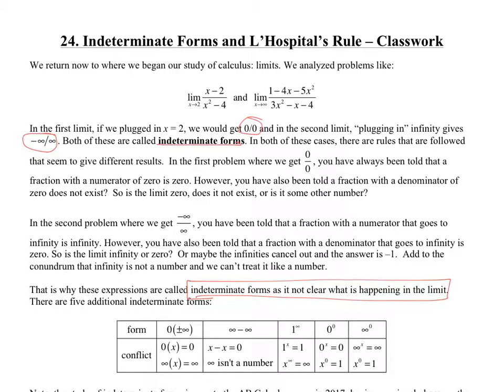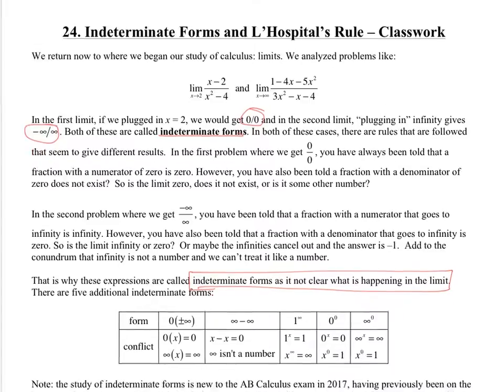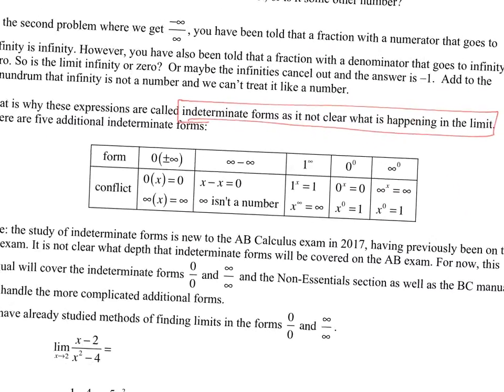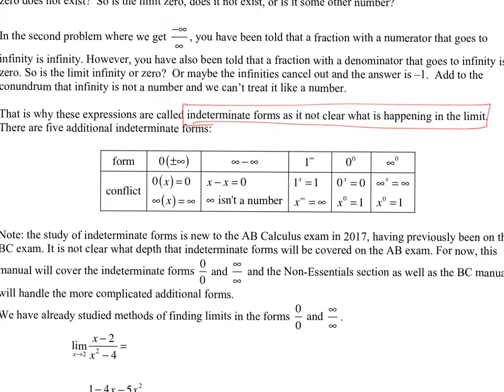So you can read the rest on your own. But I want to show you that there are 5 additional indeterminate forms. Besides 0 over 0 or infinity over infinity, there are different types of indeterminate forms. I want to go over them even though they're not going to be on the AP exam. We're really only going to deal with these types of indeterminate forms. I just want to show you so that if you ever take another calculus class in the future, you might